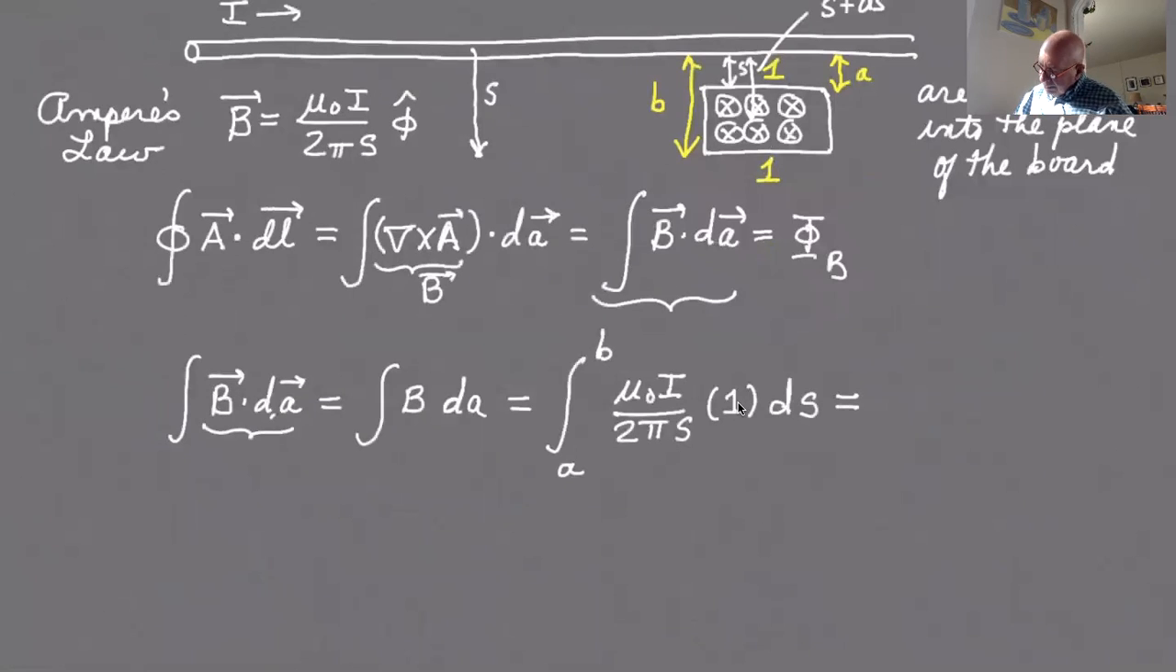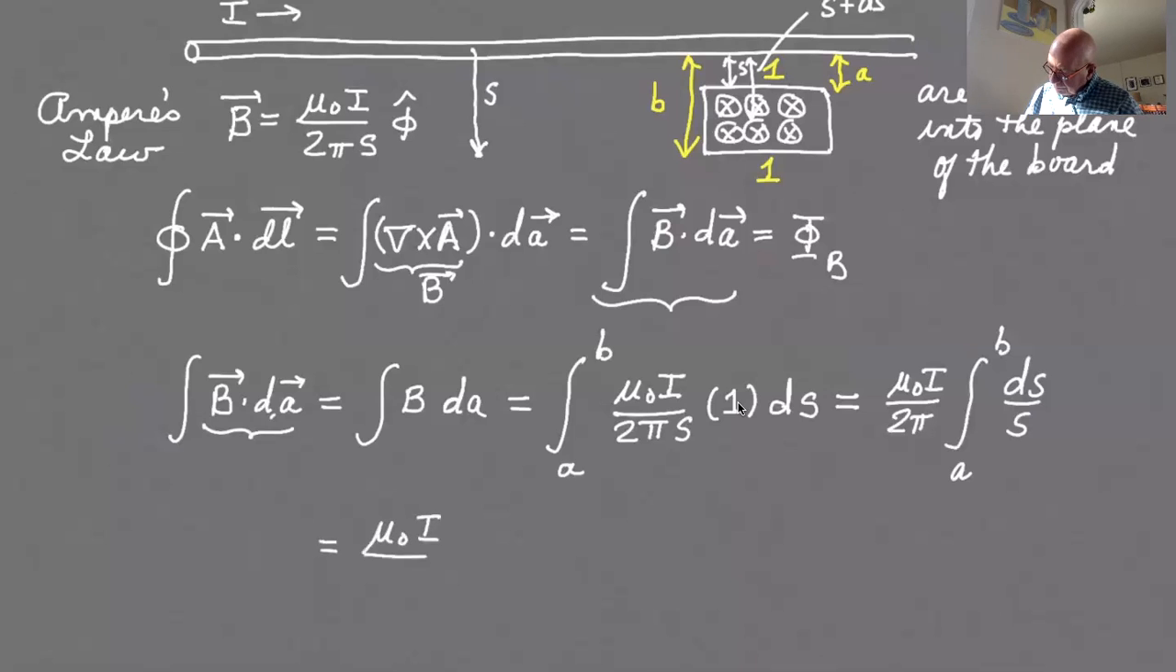I'll try to squeeze it up in here because I want to try to keep the figure. It's going to be mu 0 I over 2 pi integral ds over s from A to B. That's the natural log, right? So that's going to give us mu 0 I over 2 pi. This is going to be then the natural log of s between A and B, which is going to then be